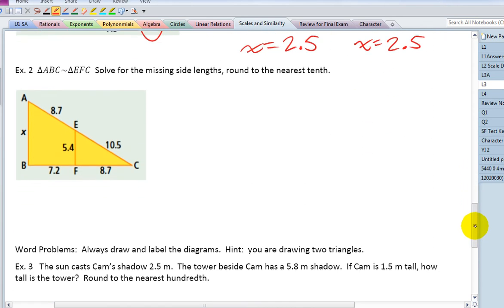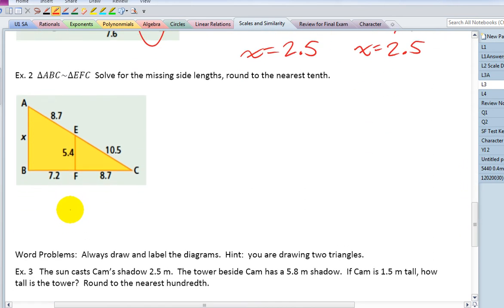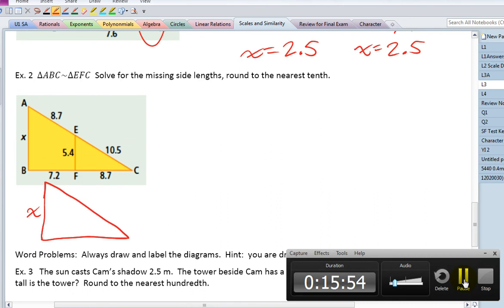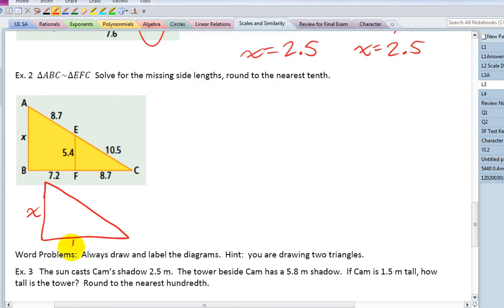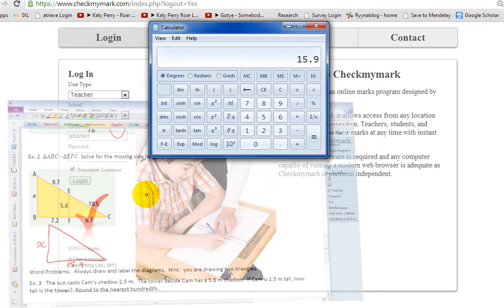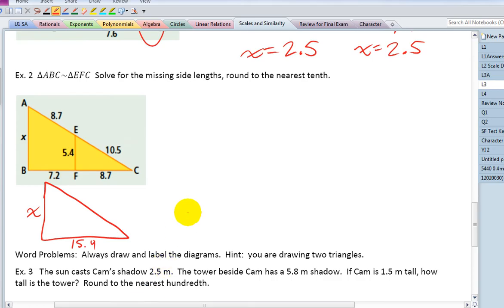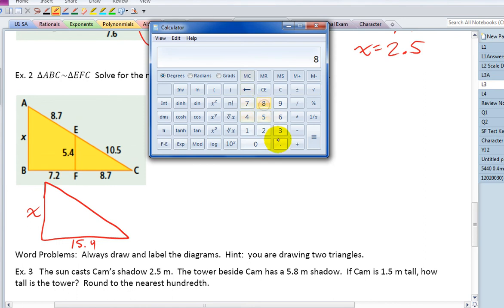Okay, sometimes your triangles are going to overlap. What you want to do is draw your large one again and put the measurements on there. Please write the measurements on the large triangle correctly, please. What you're going to have to do is add the sides up so you get the full measurement, not just the piece. So this one at the bottom should be 15.9. The top one, 8.7 plus